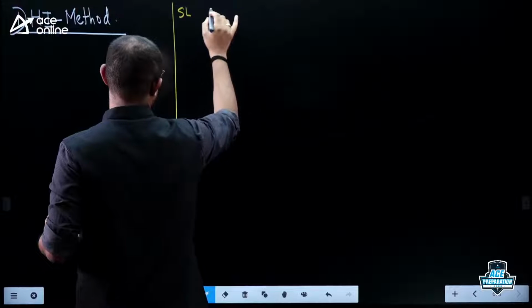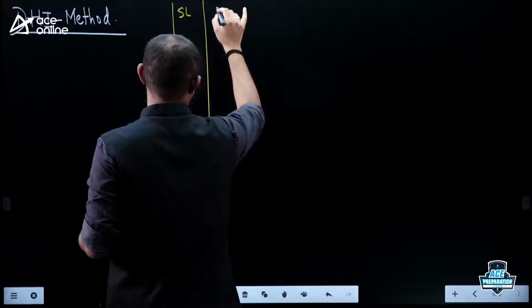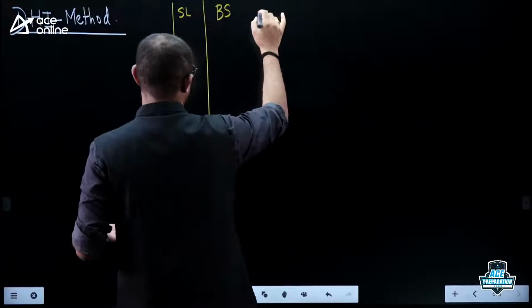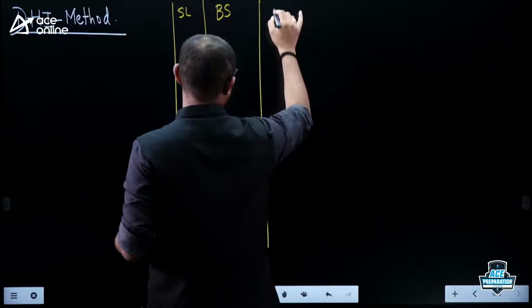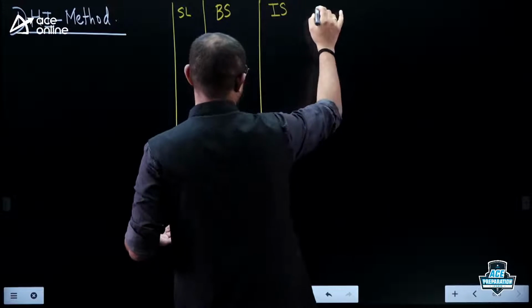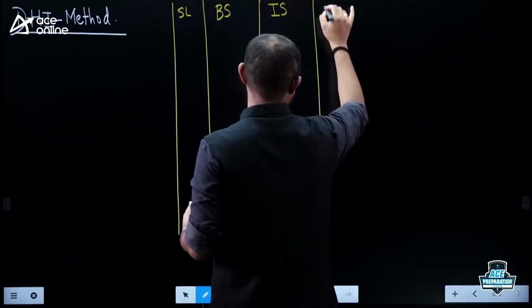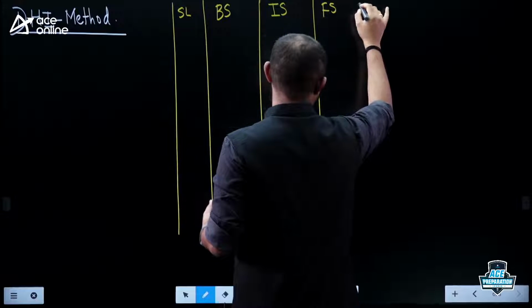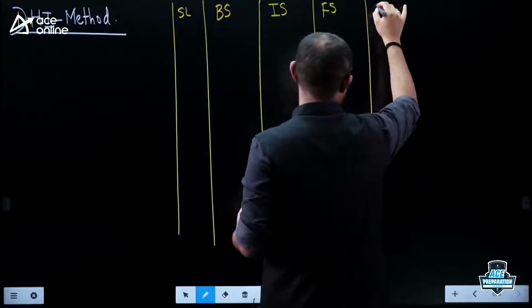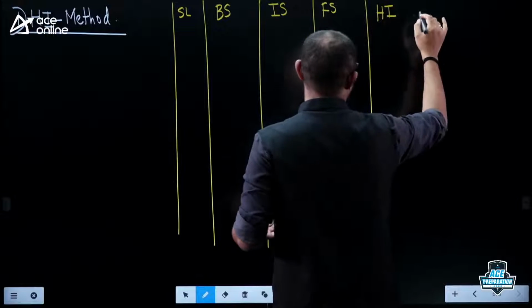It is nothing but the serial number. What is the second entry? Second entry is nothing but the backside. Next staff reading that you take on the field is nothing but intermediate side. After intermediate side, what is the next staff reading you take? It is nothing but your foresight. Now what do you calculate? Your height of the instrument, HI. After that, what do